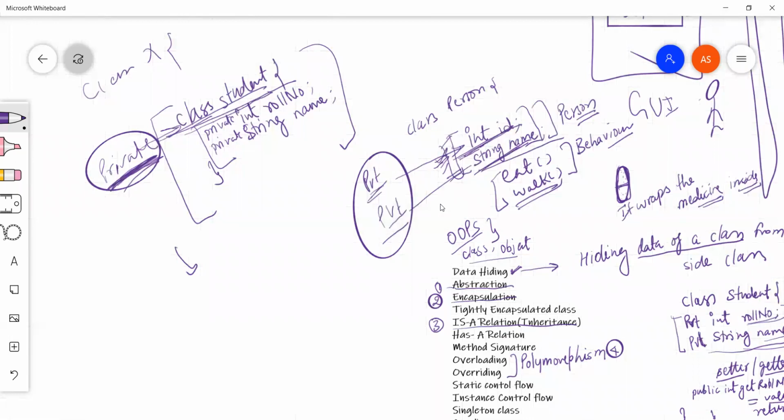Not really, we don't need to. But when we work in projects, we create a POJO, sometimes also called a Bean, so we make them a tightly encapsulated class.